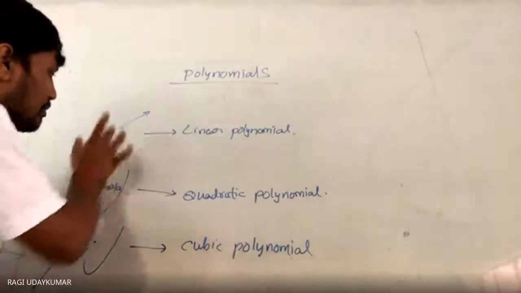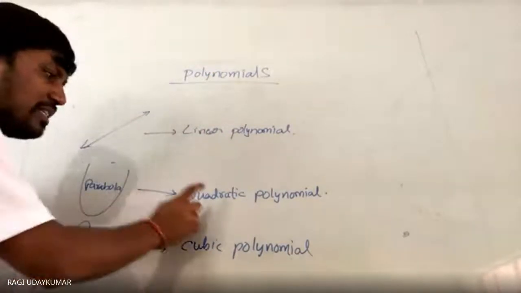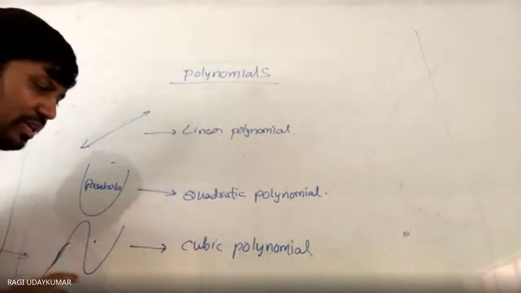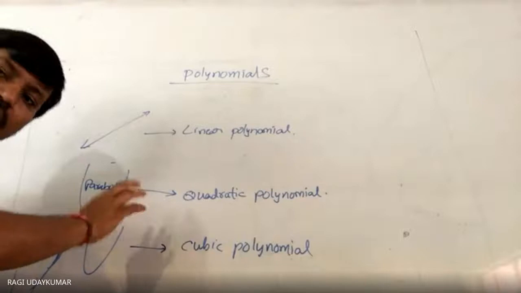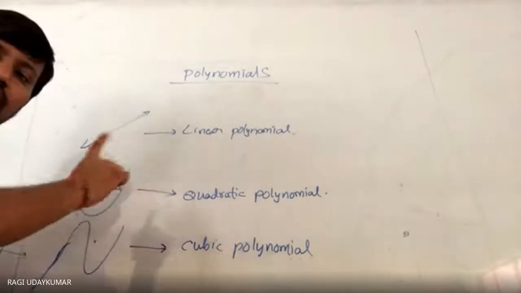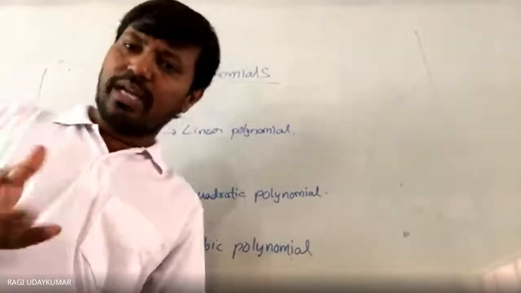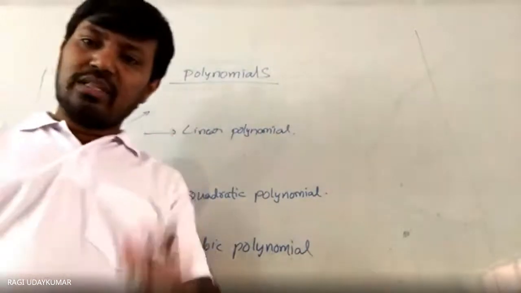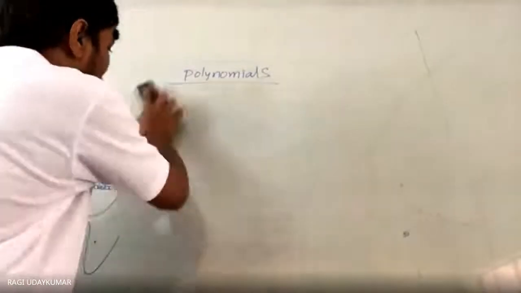And see here, these two are confirmed. If it is a linear polynomial, it is a straight line. If it is a quadratic polynomial, it is a parabola. If it is a cubic polynomial or more than that, then the curve will be like this, and it is going to have still more curves, depending upon the given polynomial. And previously we have seen that. So this is about the geometrical meaning of the zeros of the polynomial.